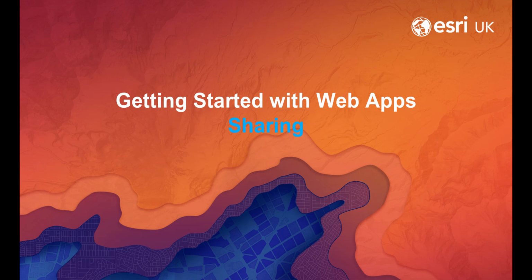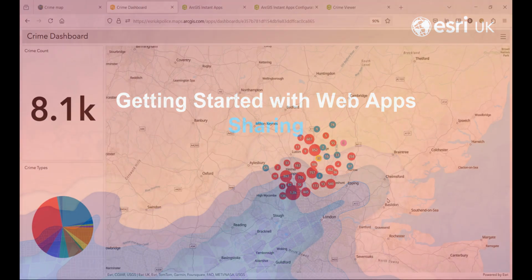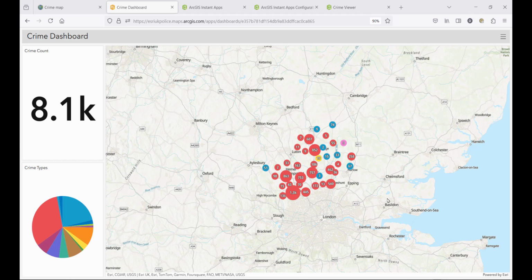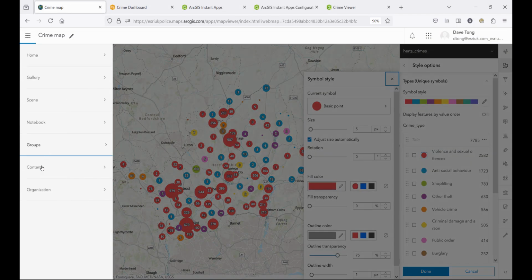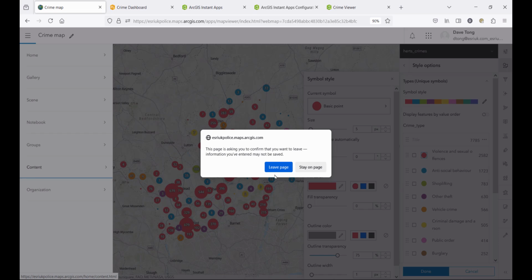The final part of this process is to share these applications with my colleagues. So at the moment, these are only shared with me, so no one else will be able to see this content. So I want to talk you through the sharing process. So if I go back to my map, and under here we can go to my content,